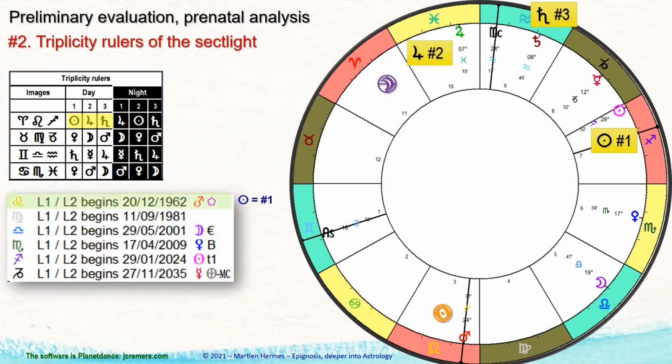So when we look at the first period, that's a bit of an interesting take, because how Valens used this was to try to evaluate the life in two parts. The first part of life being determined by the first triplicity ruler, and the second one by the second one, and the third one needs to assist. It's not the third period of your life in Hellenistic astrology. This is a grand approach delineation, dividing the life in two big chunks and then trying to evaluate how good the life is going.